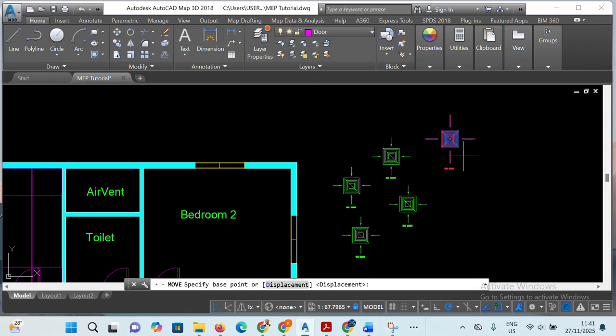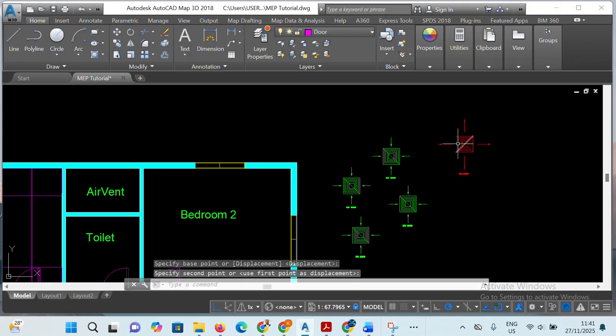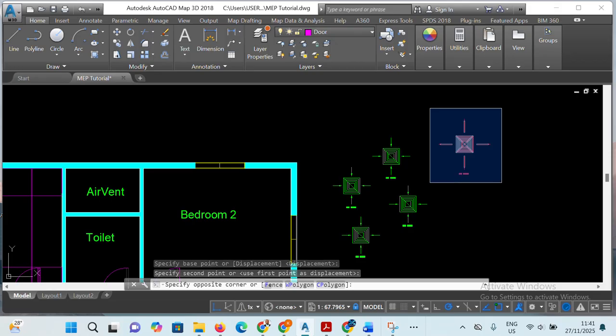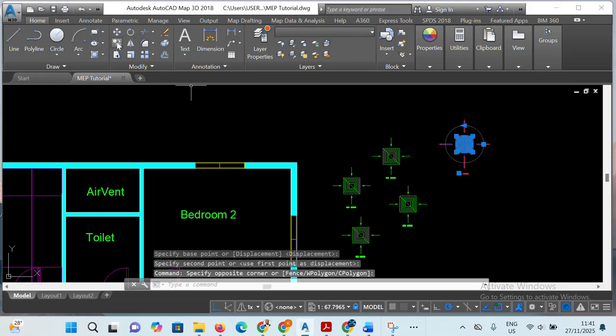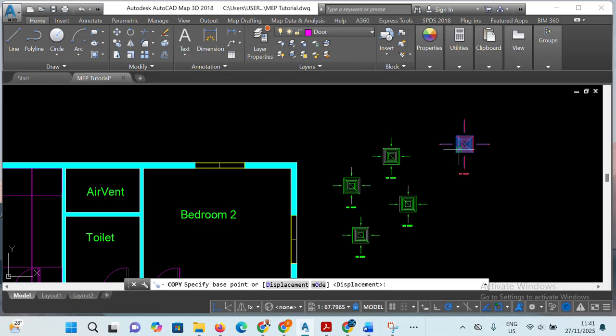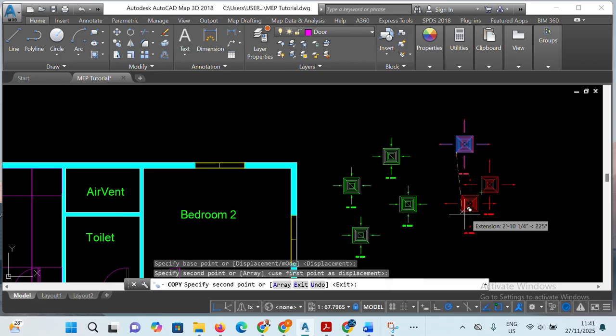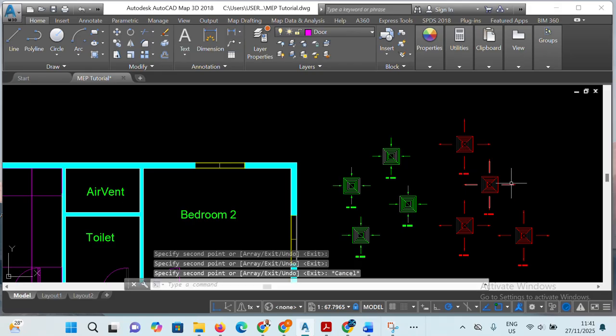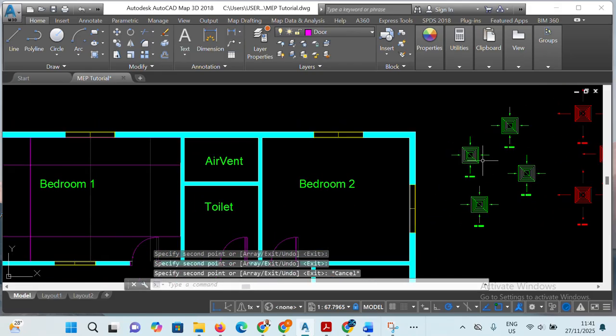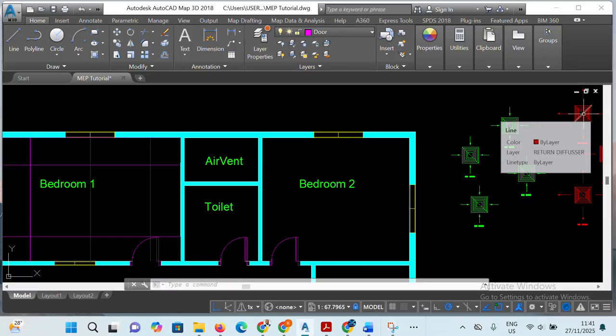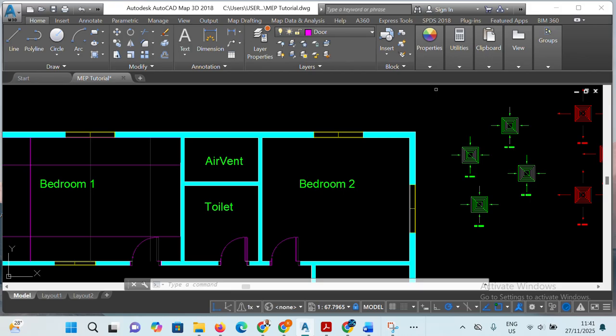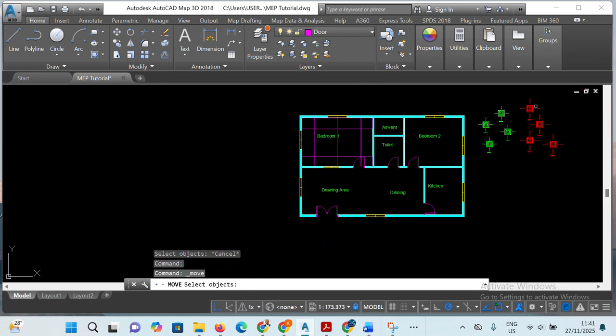So copy from this end, 1, 2, 3. Then we can move them to the arrangement. So if we move the supply